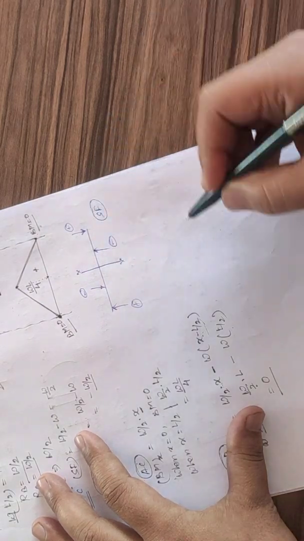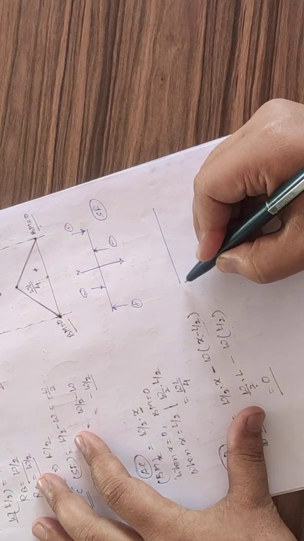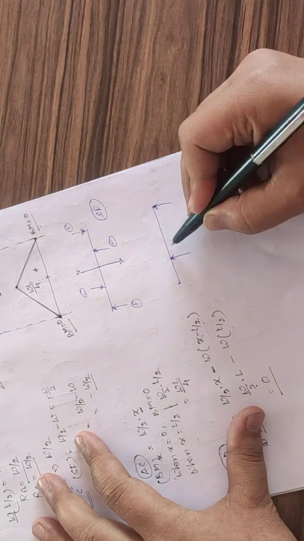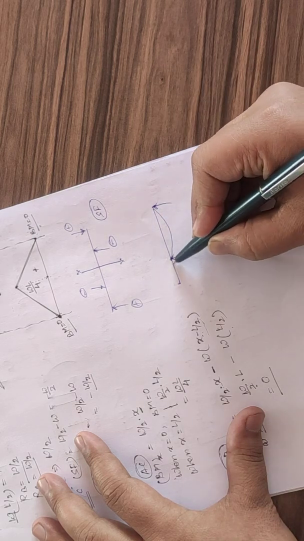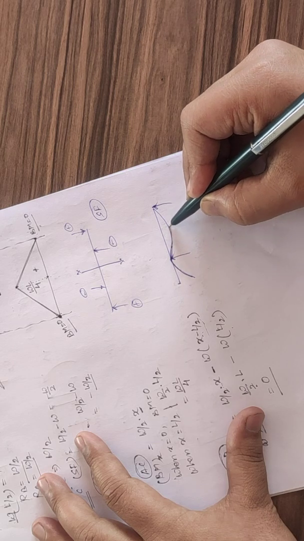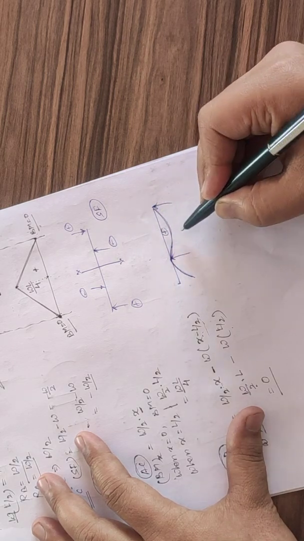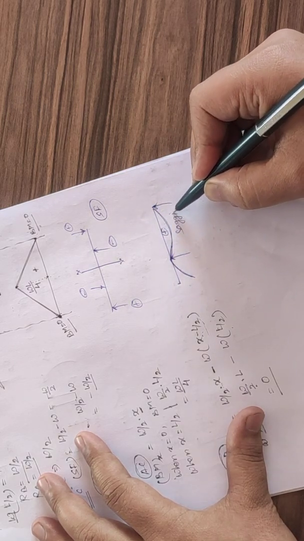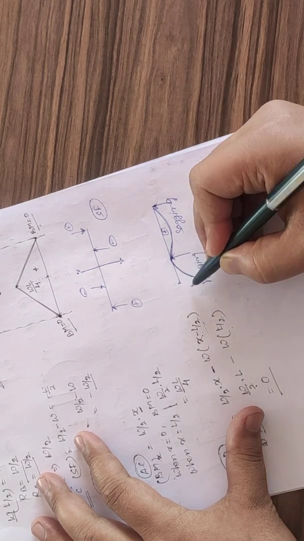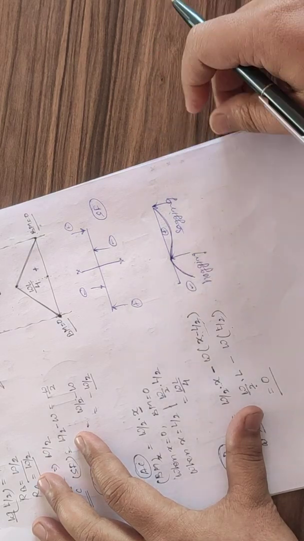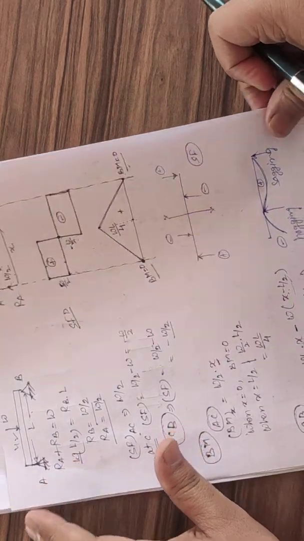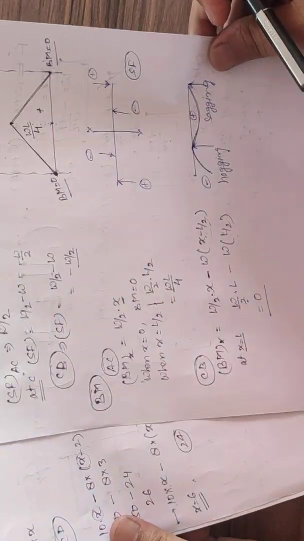And for bending moment, we have taken two natures. One is sagging: after application of load, if the beam takes a sagging nature, we take it as positive. And this is hogging nature, which we take as negative. So, this is for a simply supported beam subjected to a point load.